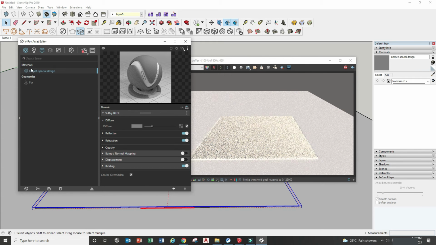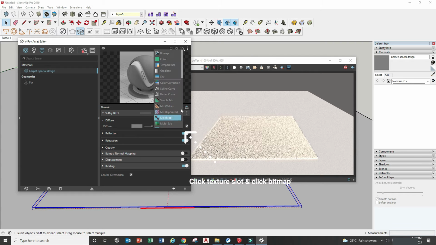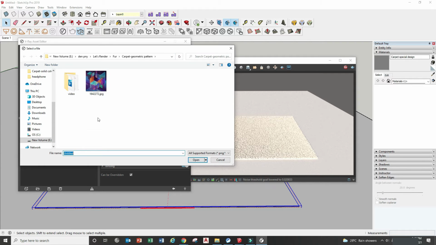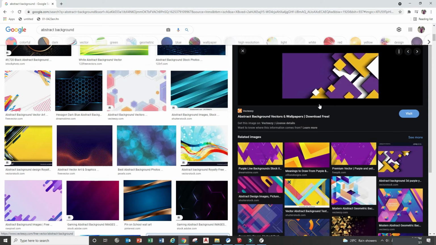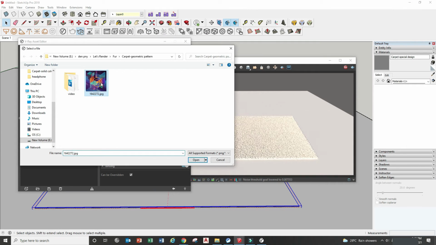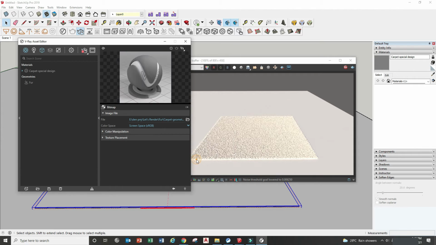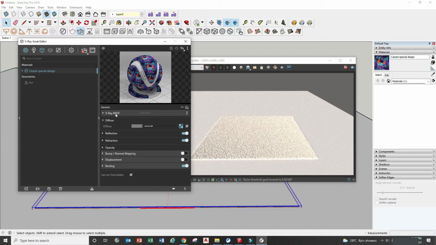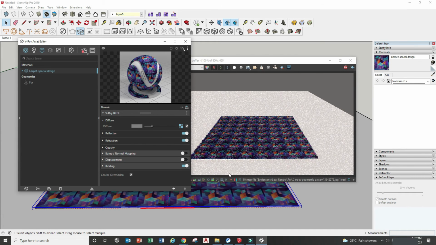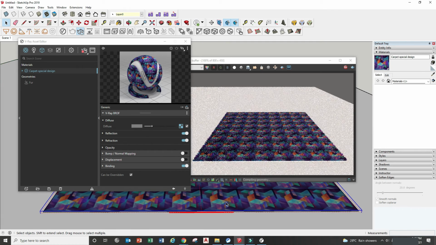Okay, so in this material carpet special design, you go to the diffuse and go to texture slot, go to bitmap, and you can choose the design that you want, or you can just Google whatever design you want. Okay, so I'm going to use this design. So select the carpet and apply to selection, and you see the carpet has been applied with the geometrical design